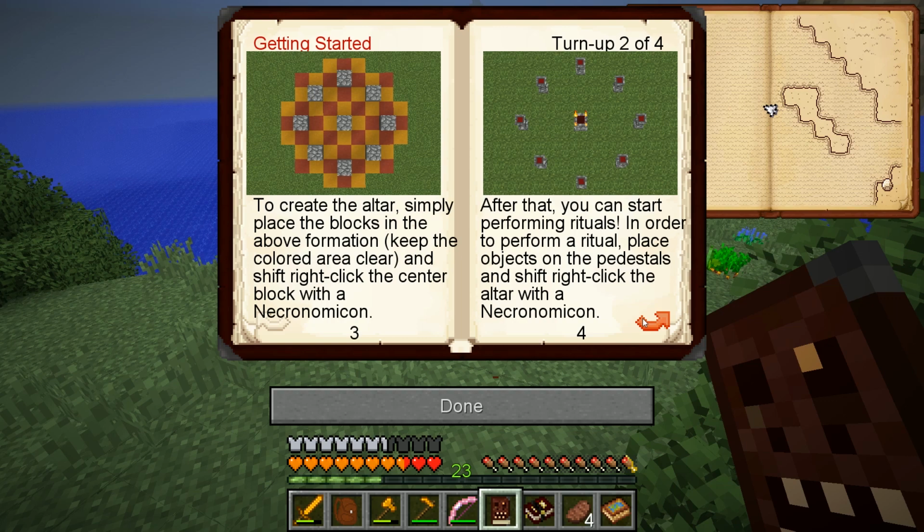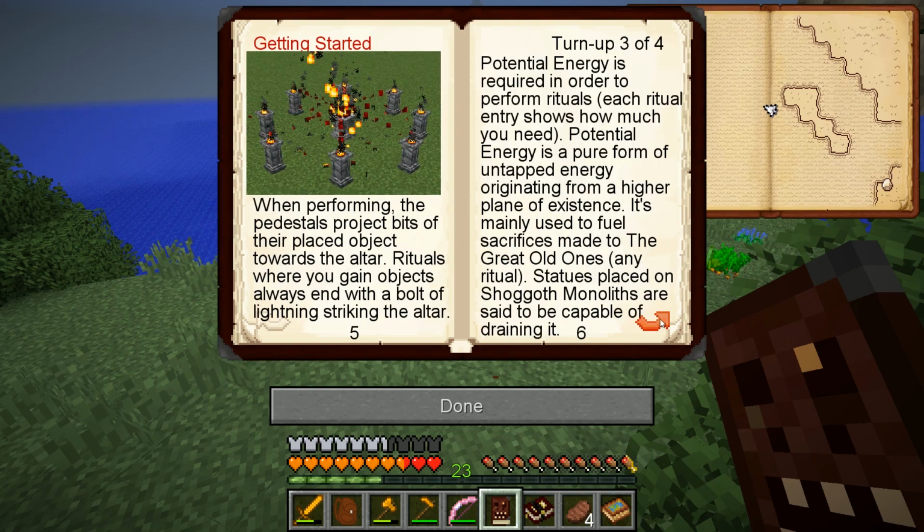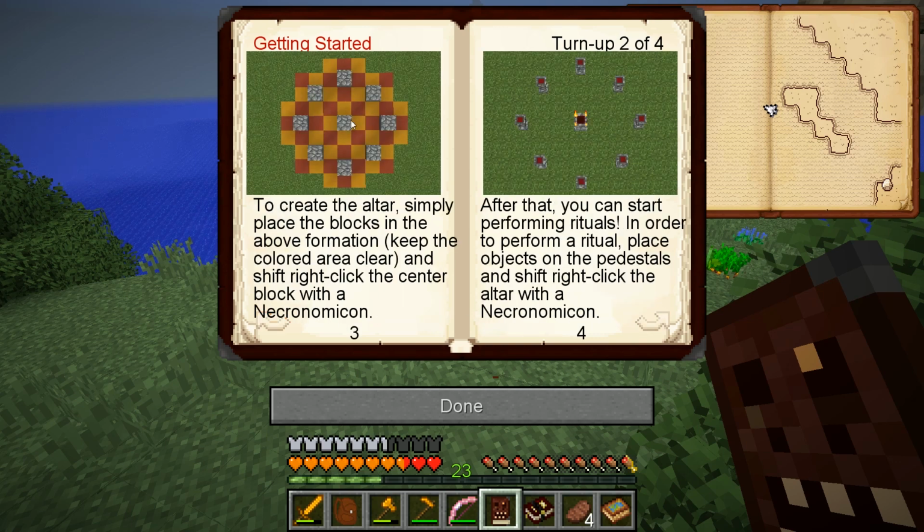So Darkstone Cobblestone, or regular Cobblestone. And we need to create this ritual, or we need to create this area, and then shift right-click the center block with the Necronomicon. Okay. And then we can start, and then we just get pedestals. So we may not even need to craft stuff. Okay. Well,